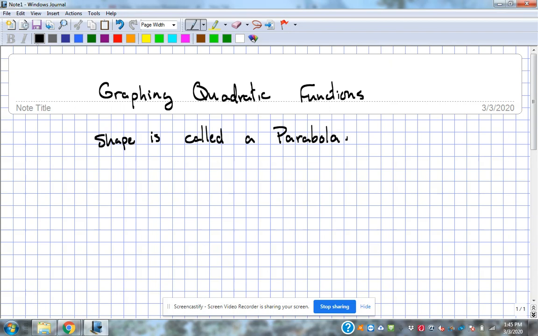So the shape is called a parabola. It looks somewhat like a U kind of shape. It either opens up like that or opens downward. And there are parts of the function that determine which one of those pictures it's going to be. So let's get into all those particulars, all these different things that we're going to find for graphing